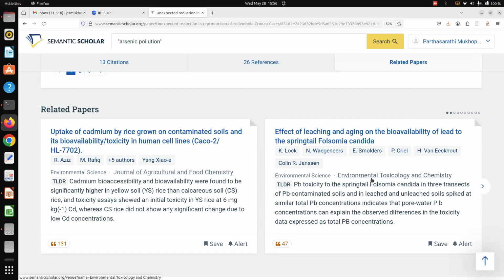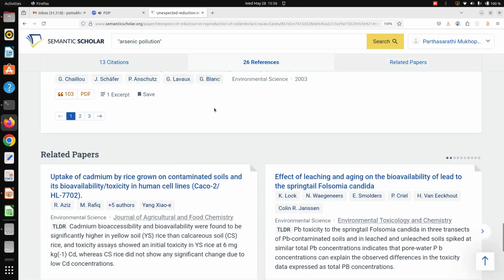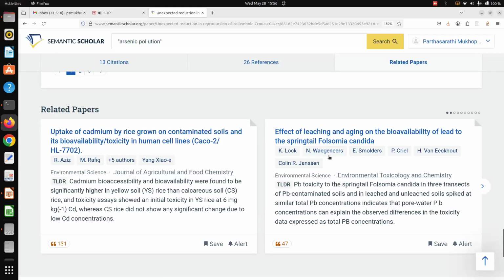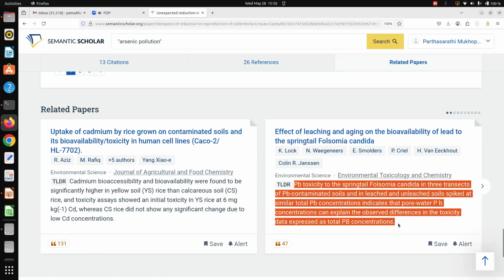Now, this is very easy to use, and many of you actually know this TLDR and related paper. So for all of these related papers, TLDR will come, you read only this one line of informative abstract, and you can select whether you want to see this particular paper in full text or not. That's a beautiful service provided, completely free of cost, completely open access.